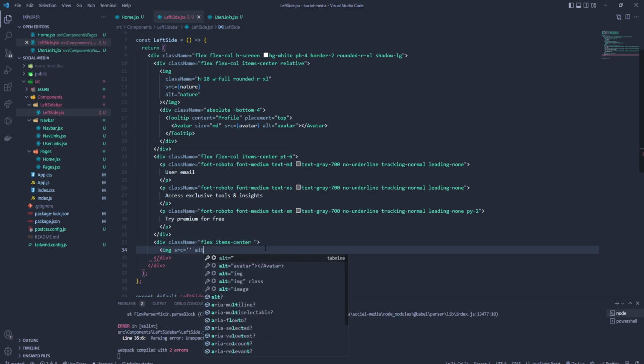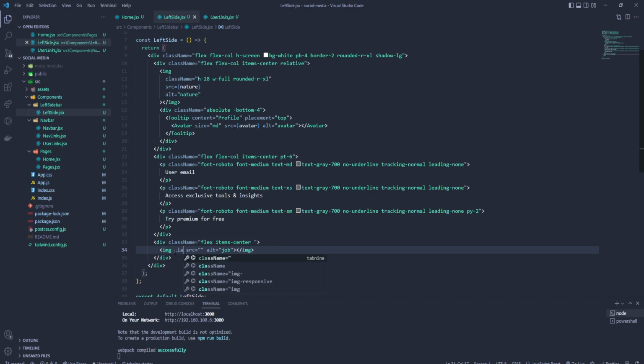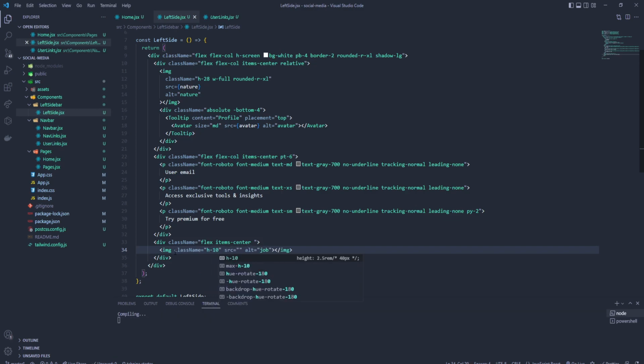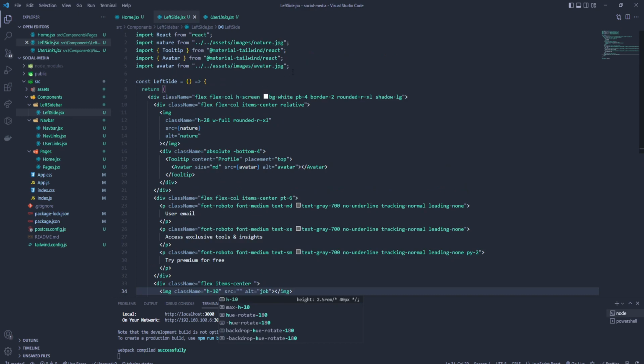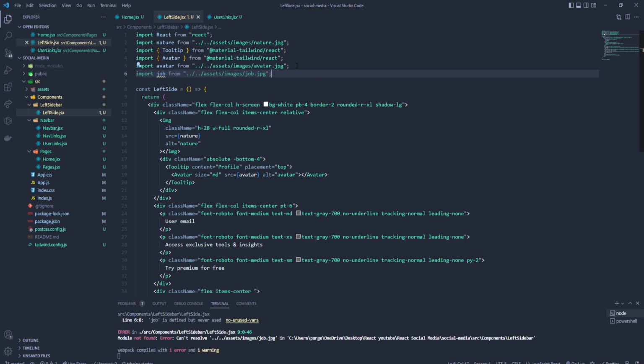Now empty. Let's add alt. It's gonna be job. Close it. Also, let's add a class name of h 10. And what can we do? We can import that job image. So import job from job.jpg, and